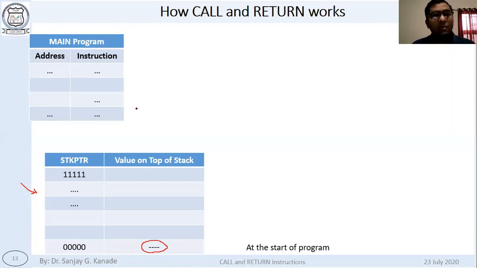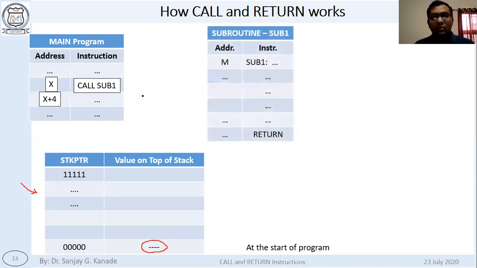Now, in the main program, as we know, the program starts executing one by one, and let's say a call instruction is written at a particular location X. X is the address, and the instruction at that address is call sub1. This sub1 is a label of subroutine 1. Subroutine 1 is written starting from address M.